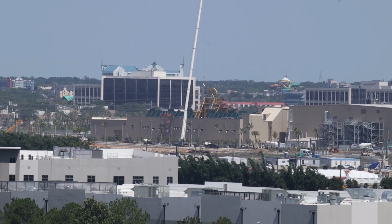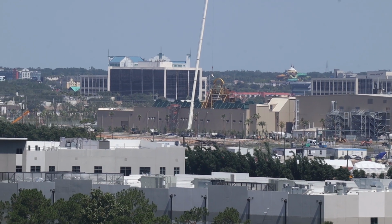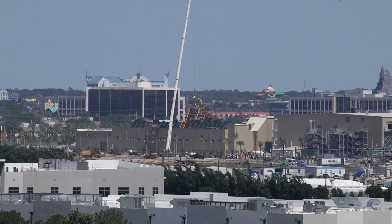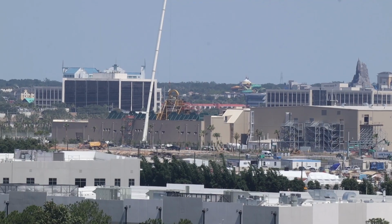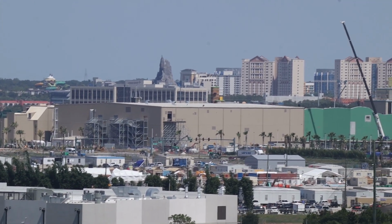Over here we have Donkey Kong as they're installing some of the thematic elements to it. We're going to zoom in for you guys over here, but they're literally currently installing the top piece of the ride. They still have some scaffolding there as they're installing the pieces, and workers are literally there right now. You can see in the background Volcano Bay, but as we keep heading over this way, you can see